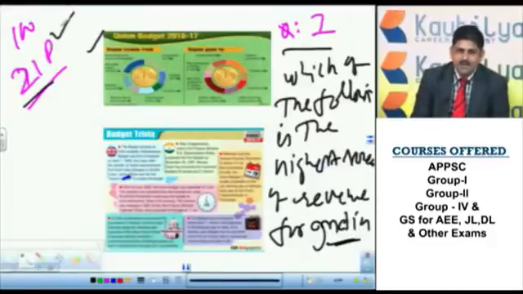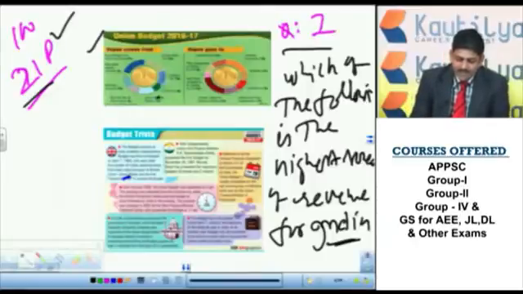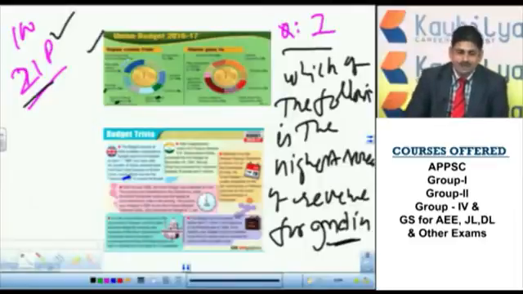From our examination point of view, they will ask such questions. See, these are the various areas. From borrowings, the government of India will get the money. From corporate tax, from income tax, from customs tax, from excise, from service tax, and from non-tax revenue, that means fees or license fees or challans, all these are resources for the government of India.